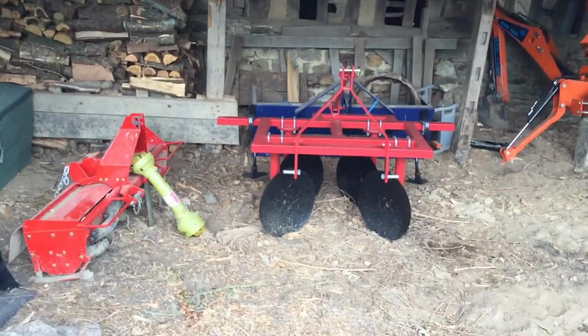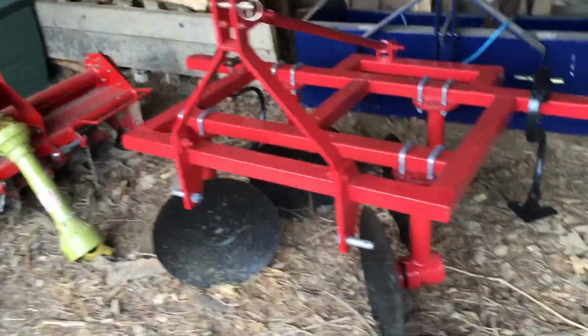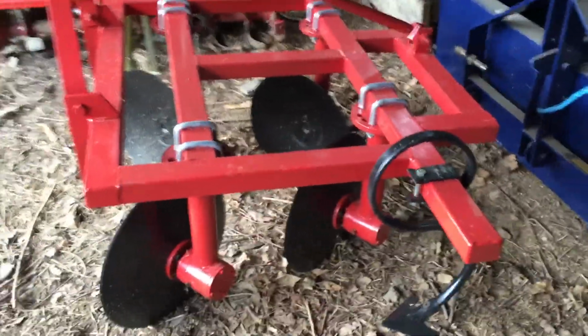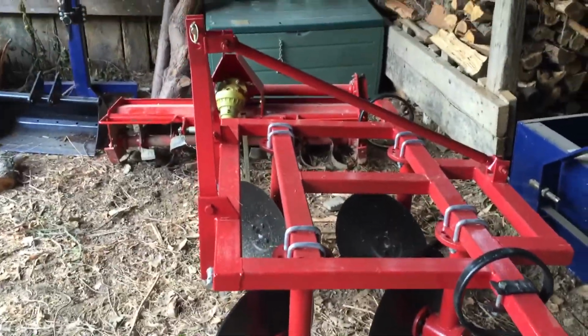Oh, the ridger turned up. Potato ridger, a bit late, we've just harvested the potatoes, but yeah, potato ridger with tines on to knock down the weeds. So that's here, ready for when we plant some more